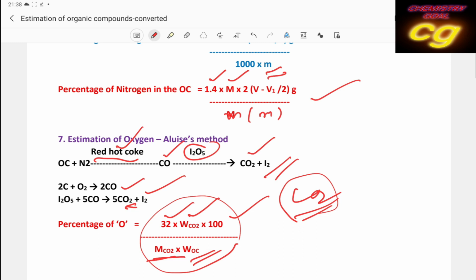So today we discussed how to calculate the percentage of carbon, oxygen, hydrogen, nitrogen, and halogens like chlorine, bromine, iodine, and phosphorus, and nitrogen estimation by two methods, the Dumas method and the Kjeldahl method. The Dumas method is used by calculating the volume of nitrogen produced, but in the Kjeldahl method we have to calculate how much volume of sulfuric acid we have taken, then how much sulfuric acid is unused, then calculate the amount of ammonia produced and how much nitrogen the ammonia contains. So ultimately you calculate the percent of nitrogen present in the organic compound.